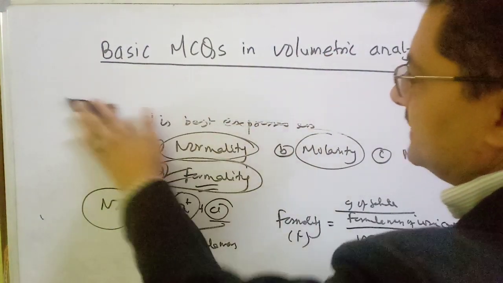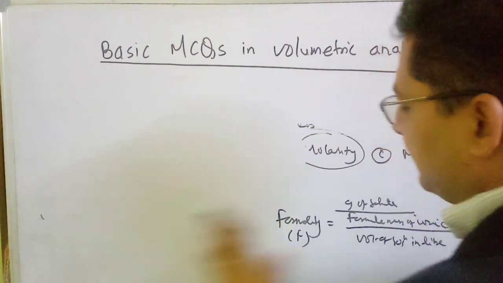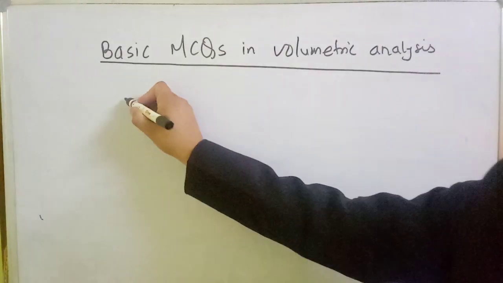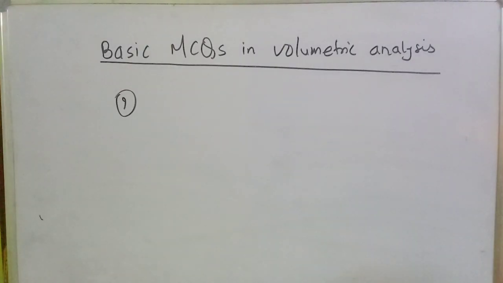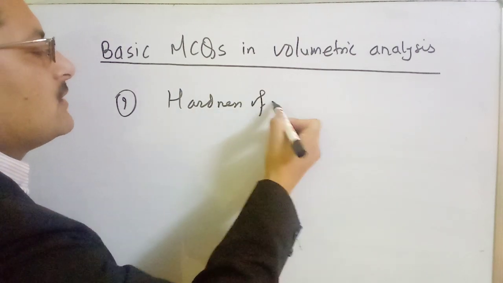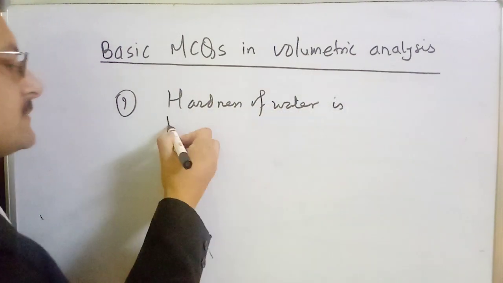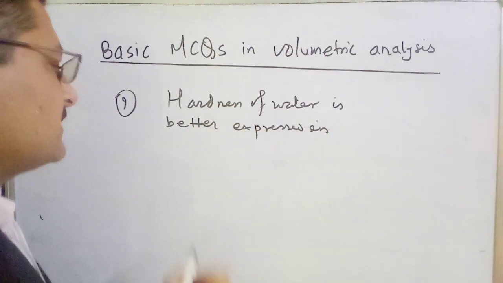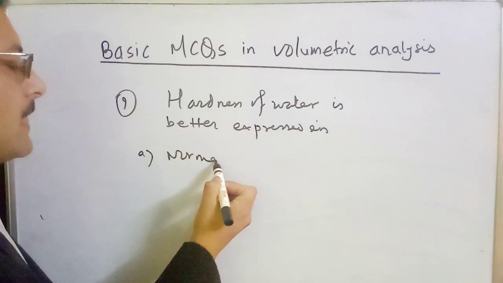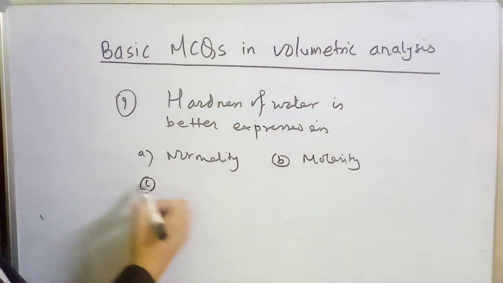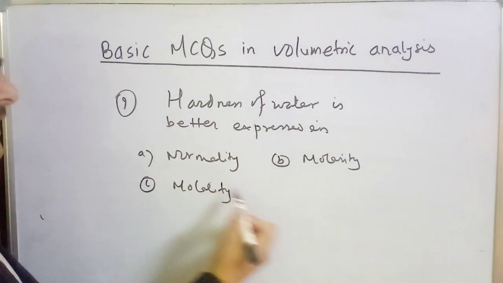Okay, this is about number 8, and now we are going to number 9. Let us see the number 9 question. Hardness of water is better expressed in A, normality, B, molarity, C, molality, and D,